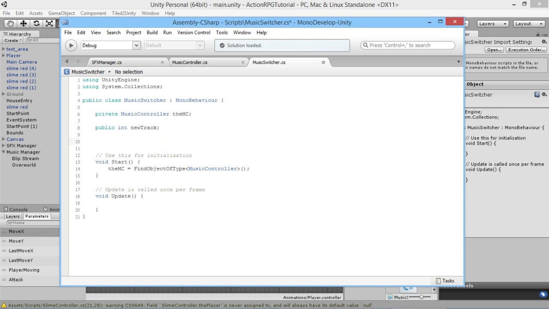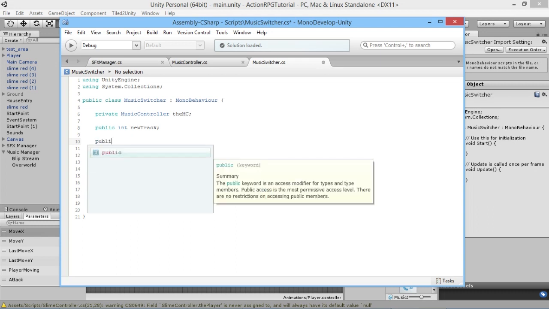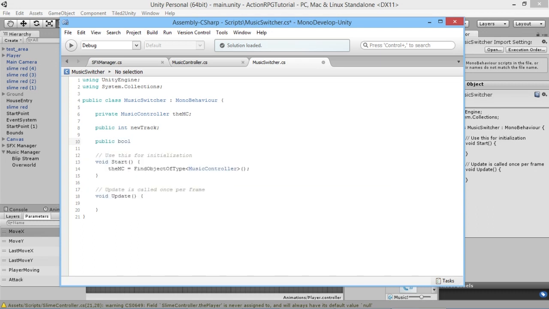And finally, we might want to set this up so that it makes it switch as soon as the new level starts. So we'll have this be public bool switch on start. So basically what we'll have is if our switch on start value is set to be true, then we'll make it switch to a new music track as soon as it starts. And how we'll do that is by going into our start function here, and we'll simply say if switch on start is true,